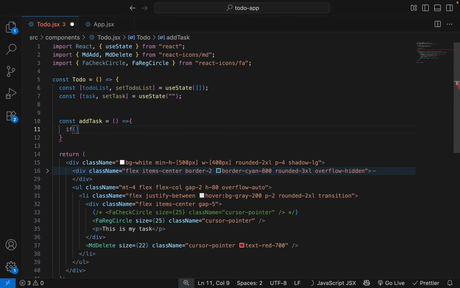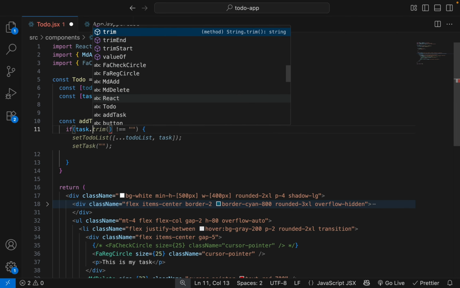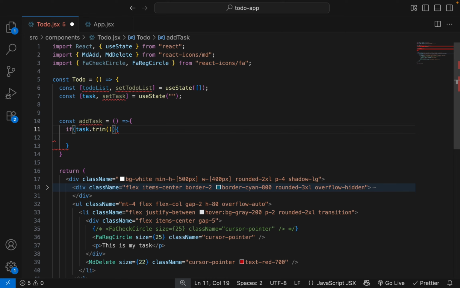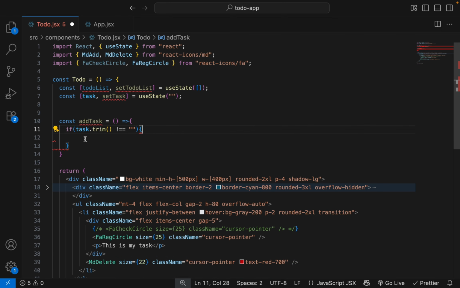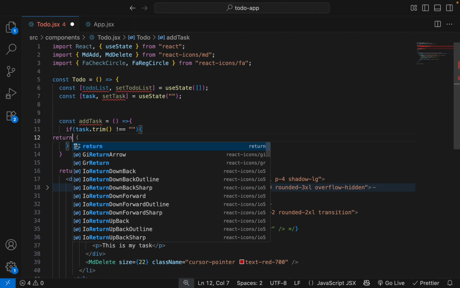If task.trim is equal to empty, meaning there is no task, then we will return from this function.